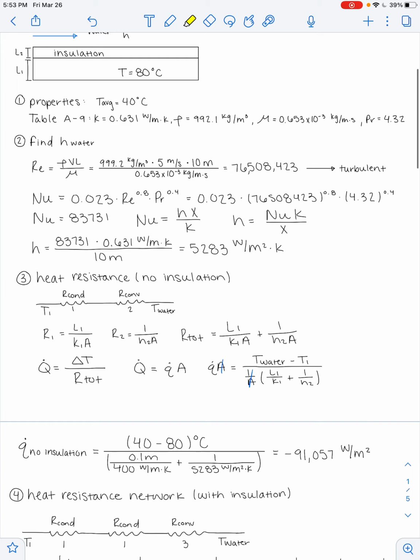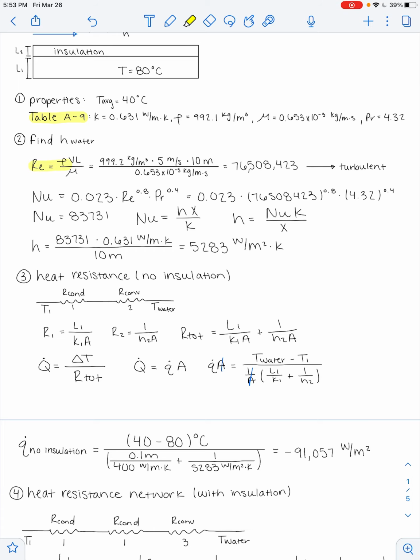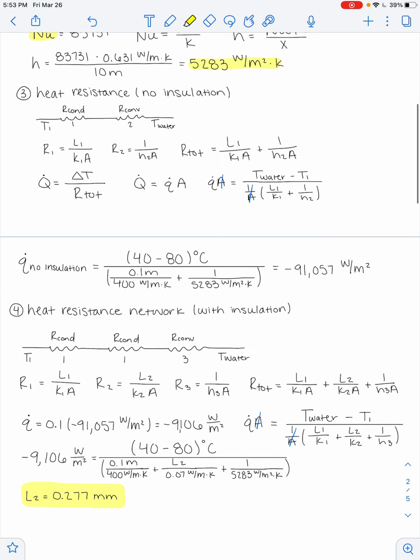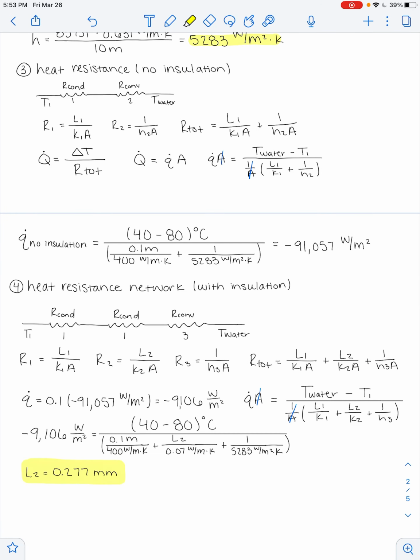Using an average temperature of 40 degrees Celsius, we can find the water properties at table A9. And then calculating the Reynolds number, we can then find the Nusselt number, which is then used to find the h for the flowing water of 5,283. Then we can set up a heat resistance network with no insulation that will include conduction and convection,